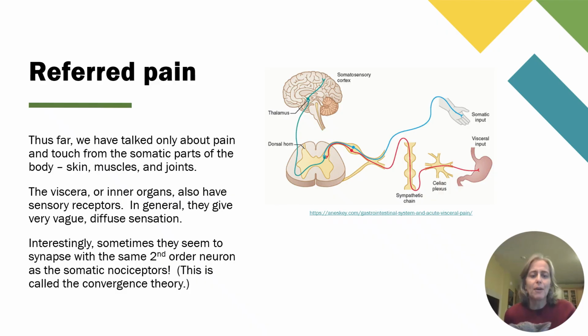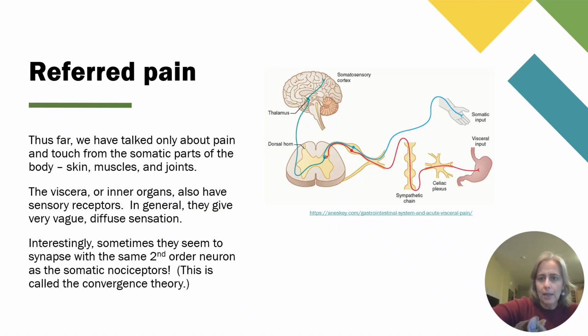The other thing I want to talk about is referred pain. So far in talking about nociception, we've talked about pain that comes from the somatic parts of the body, the skin, your muscles, your joints. But it turns out that our inner organs also have the ability to perceive painful or noxious stimuli, but they're kind of vague and diffuse and not super good about it, so it can be very difficult to pinpoint or localize. The other thing that is interesting about visceral pain is that it comes into the spinal cord